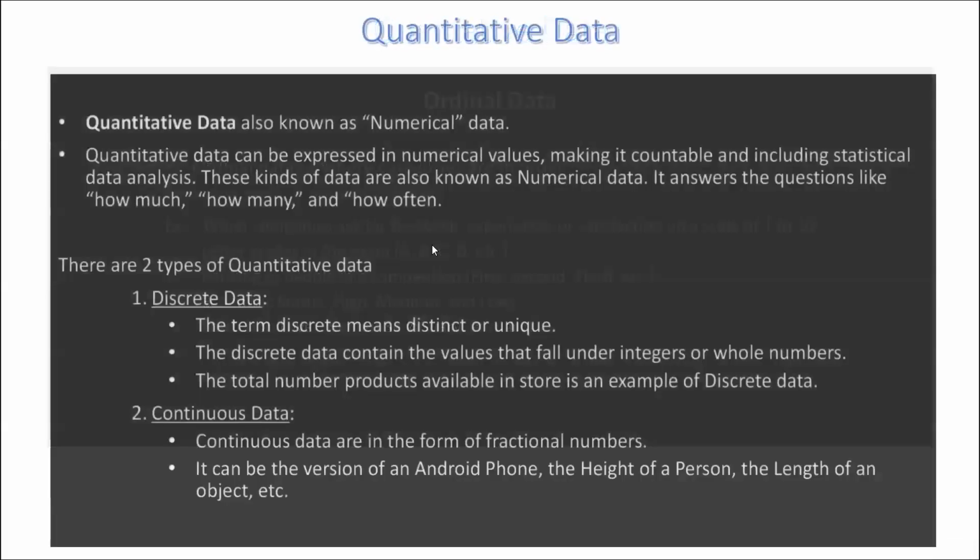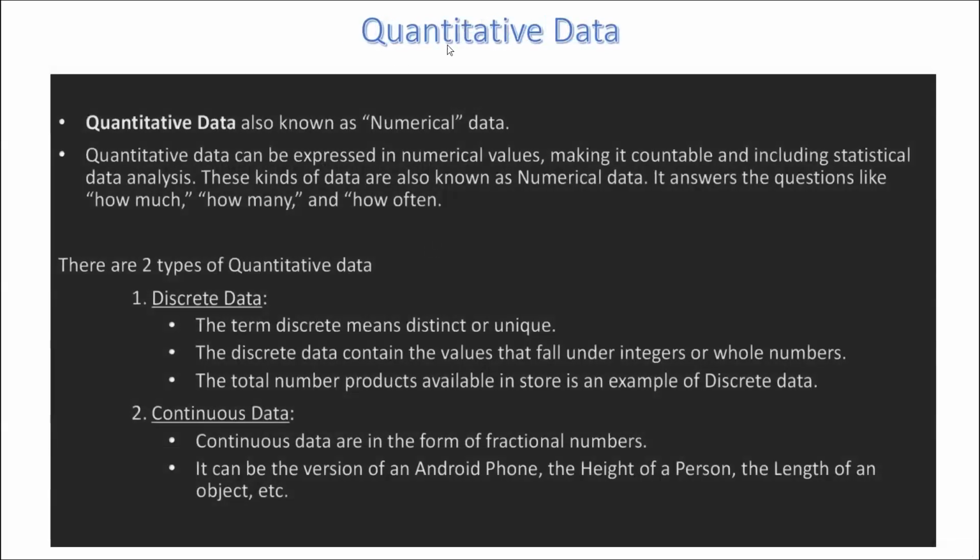Because these are just categorical letters, which can't be calculated. But here it is the quantity, how much quantity, where the quantity is expressed as a numerical value. The numerical data consists completely of numbers, which can be calculated. It answers questions like how much, how many, how often. We have different answers and examples in that.